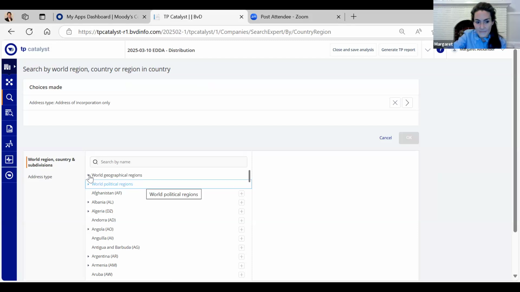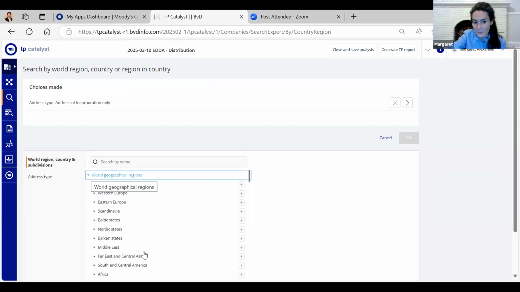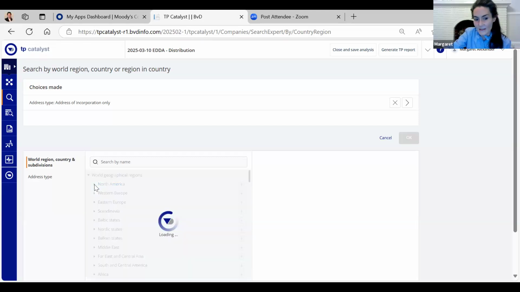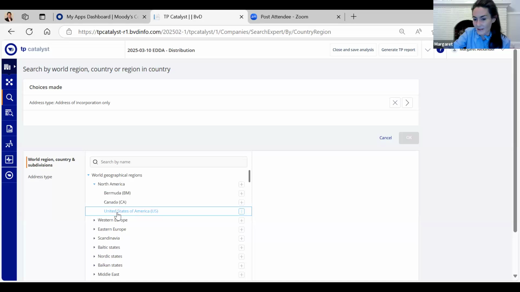And if you want to expand any of these groups, you can click on the arrow and it will expand. And for me, I know the countries that are included in North America, but if you didn't, you could click on that arrow also and it will expand and tell you what countries are in that region.